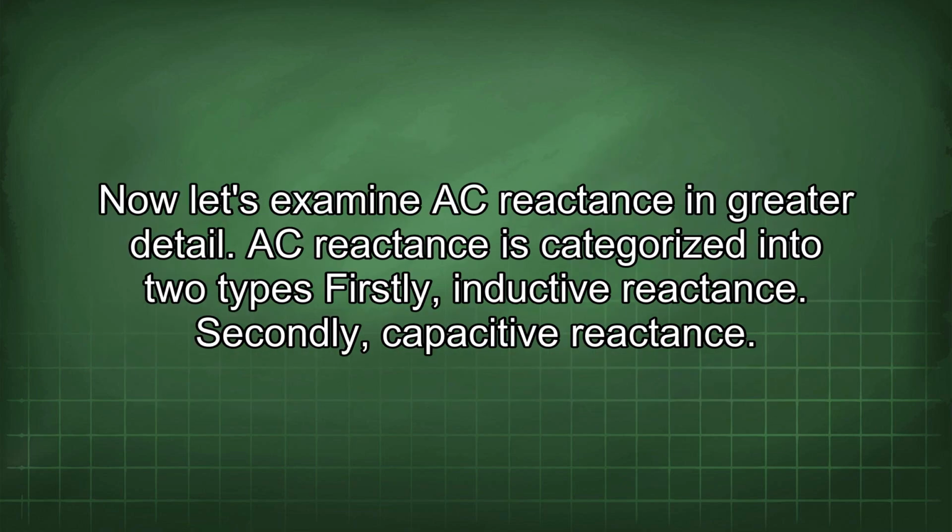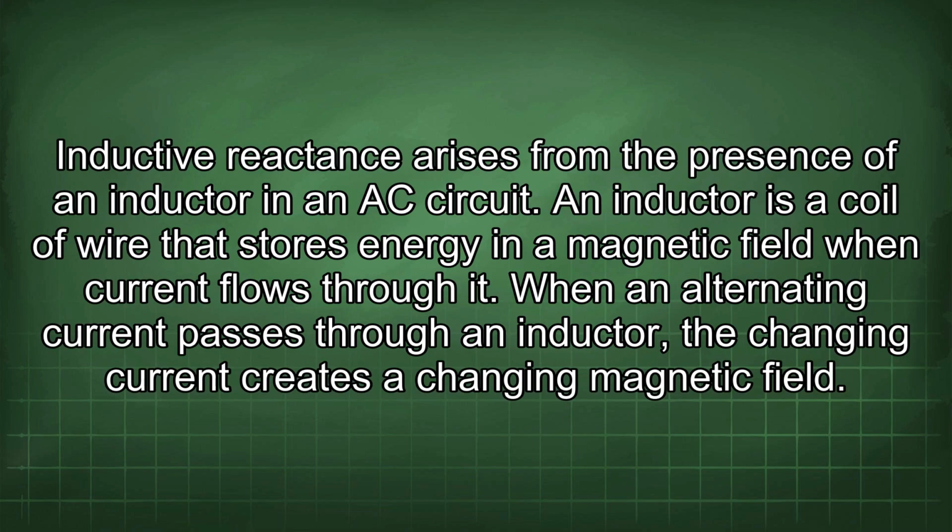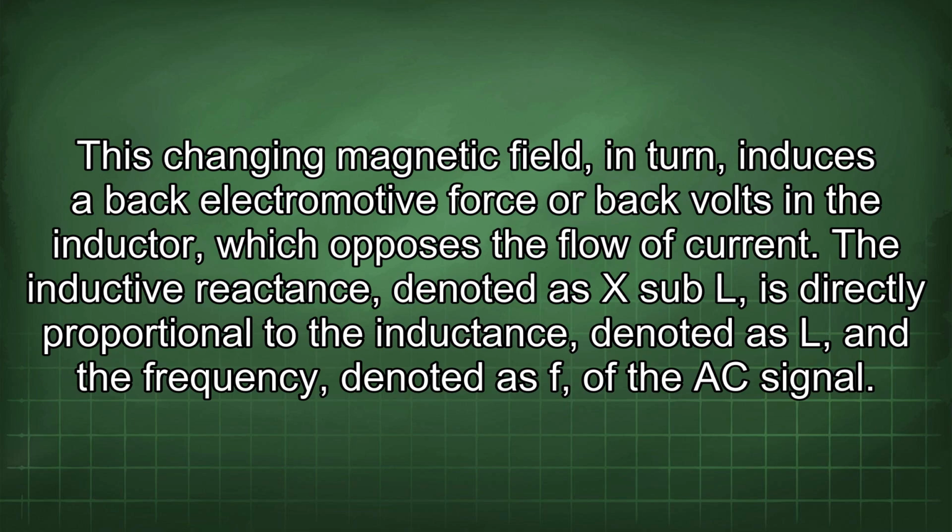Now let's examine AC reactance in greater detail. AC reactance is categorized into two types. Firstly, inductive reactance. Secondly, capacitive reactance. Inductive reactance arises from the presence of an inductor in an AC circuit. An inductor is a coil of wire that stores energy in a magnetic field when current flows through it. When an alternating current passes through an inductor, the changing current creates a changing magnetic field. This changing magnetic field, in turn, induces a back electromotive force, or back voltage, in the inductor, which opposes the